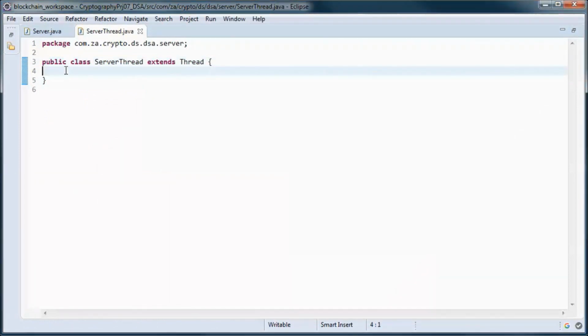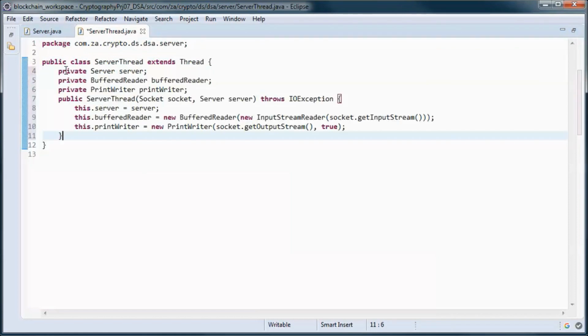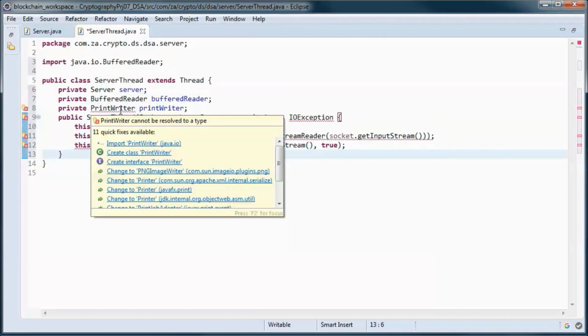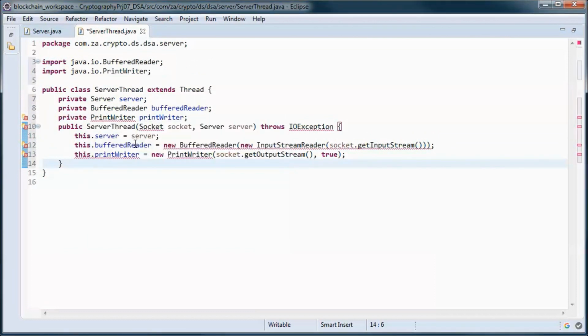And this class will have three instance variables, a server and a buffered reader and a print writer.